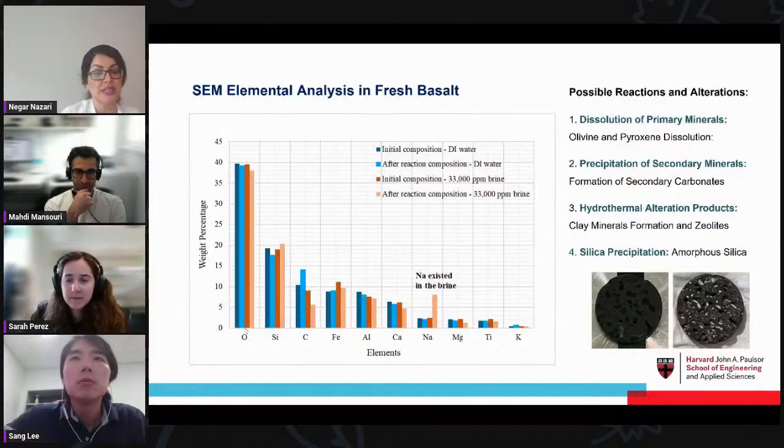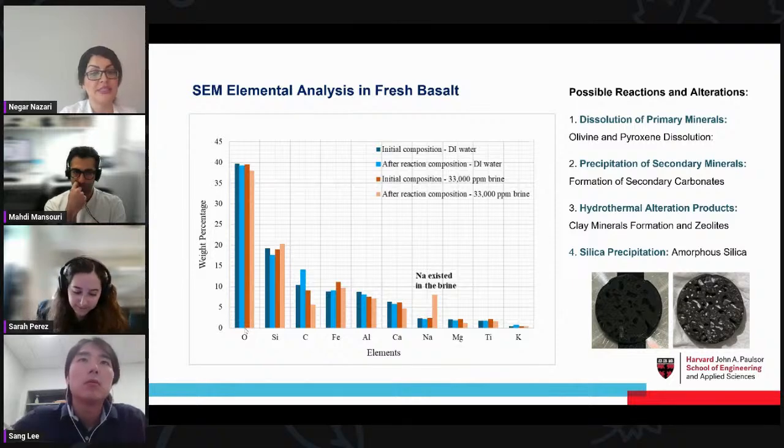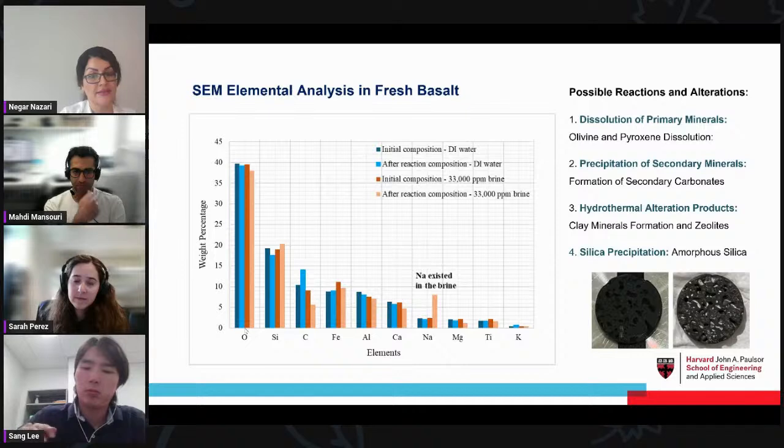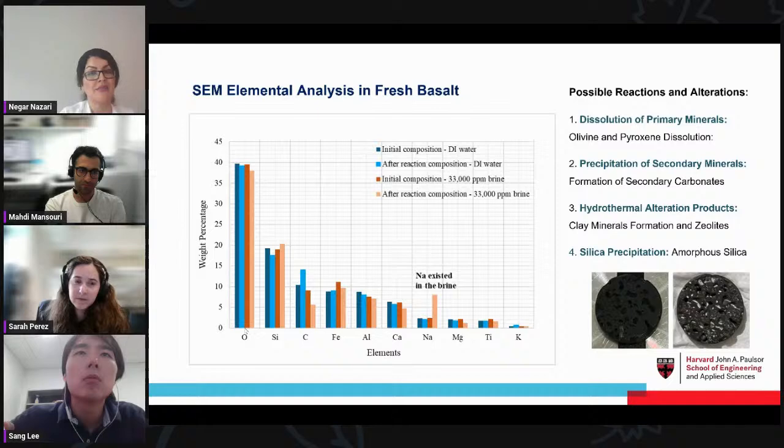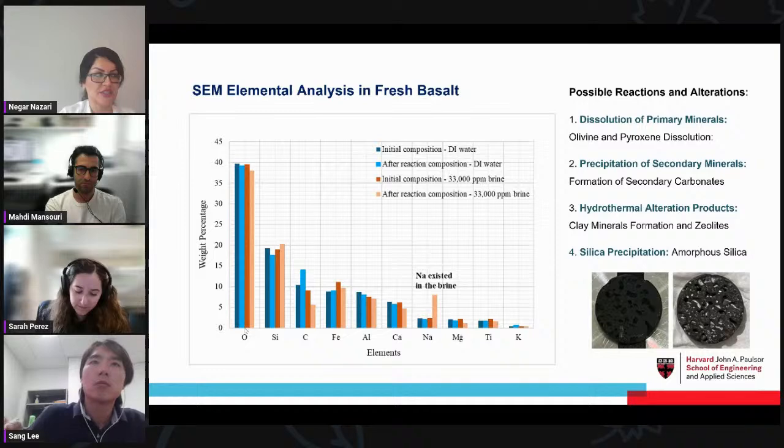So when we measure them, in terms of numbers, we observe a decrease in the iron, aluminium, calcium, magnesium, potassium, and titanium. It means that we have a lot of dissolution of the primary mineral, which is the first possible reaction and alteration that happens during serpentinization. The other thing that we observe is